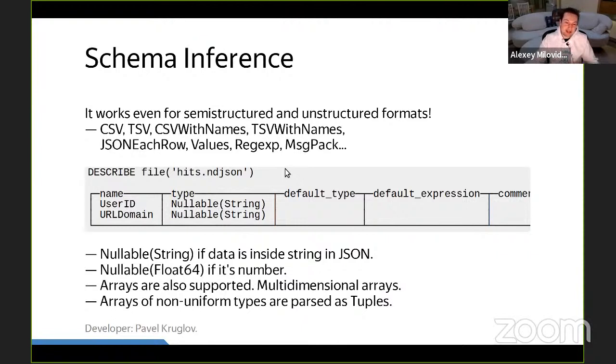If you have data in JSON format, the types will be inferred like Nullable of String or Nullable of Float64. The structure is automatically inferred from the first lines of data.